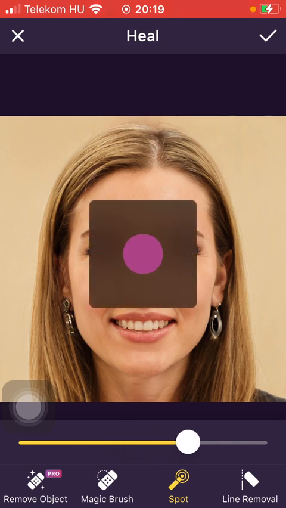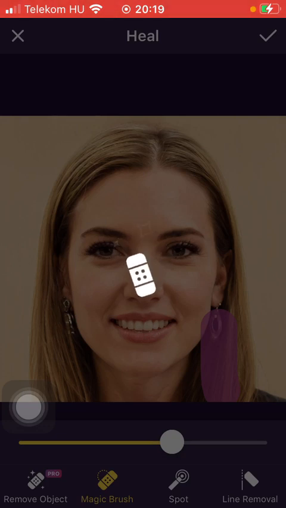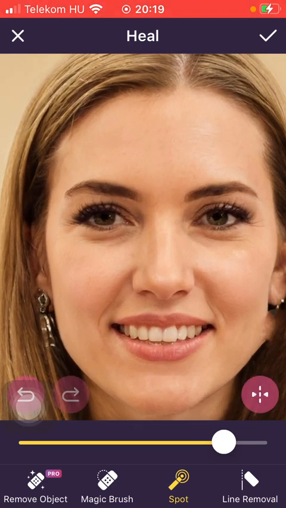You can select the brush size by the help of this slide down below. Tap on magic brush and brush over the areas again. As you can see, it's being generated. If you tap on the spot and zoom in, you can also